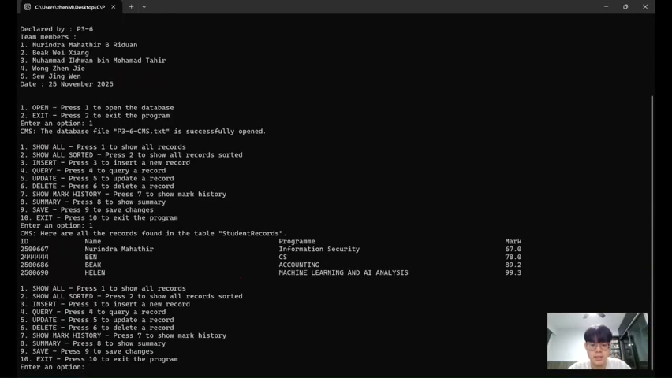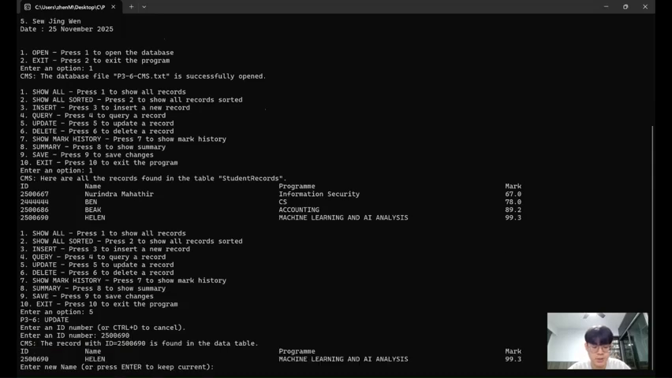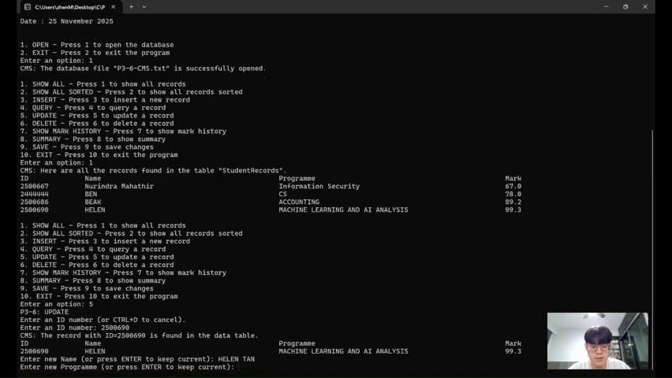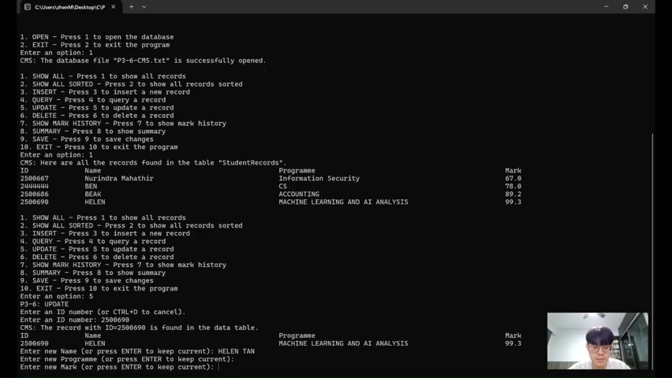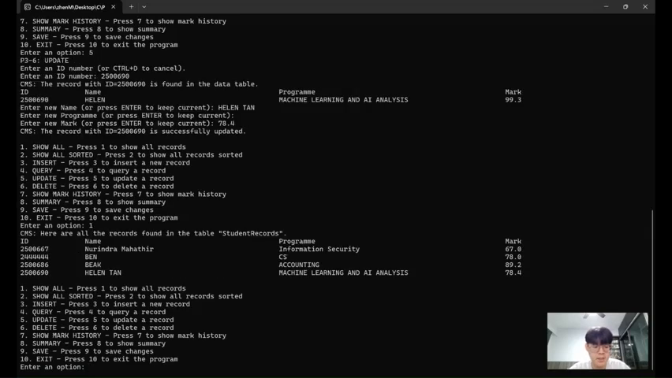Let's proceed with the update and delete demo. So we'll select number 5 for update, and then we enter student ID, enter a new name, enter new program. We'll press enter to keep the current program, enter new mark, and then we'll select show all, and then we can see that the name and the mark are also updated. For the delete, select number 6,